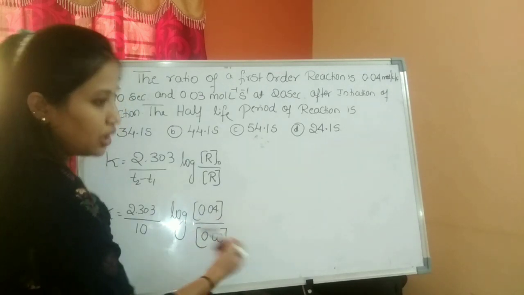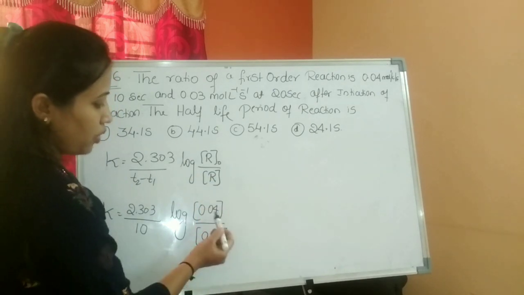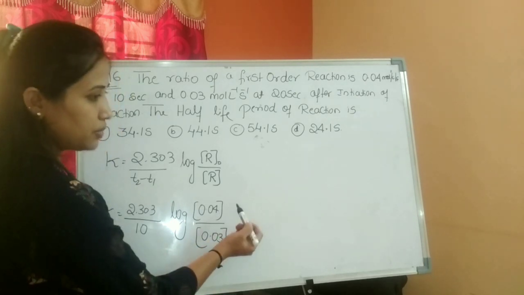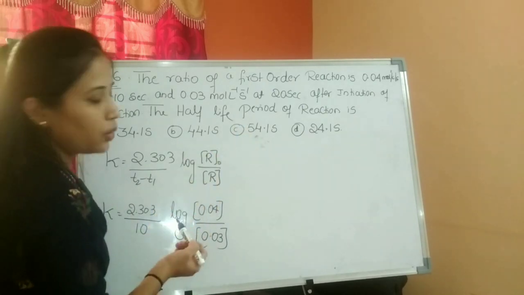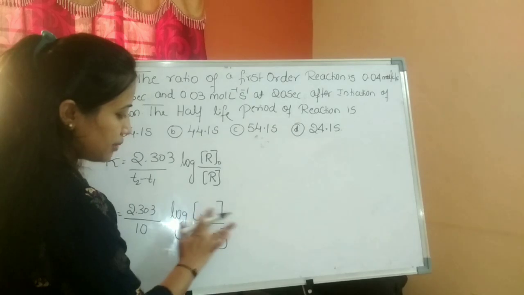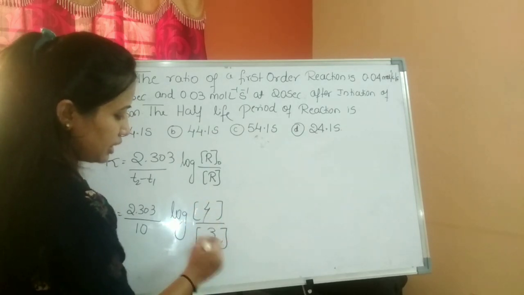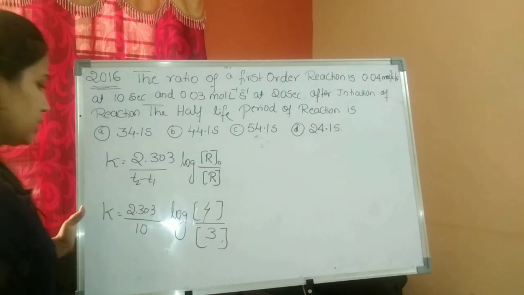Okay, if I shift to scientific notation, the 10 to the power of minus 2 I am going to get here also in front of minus 2. When it comes to up, it becomes 10 to the power of 2. Both will get cancelled. So for that reason, 0.04 can be written as 4, whereas 0.03 can be written as 3. This is how you can do. I hope you understood.